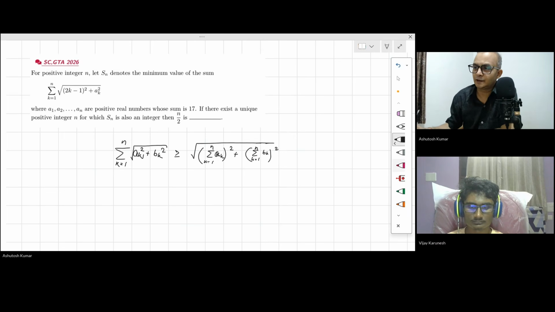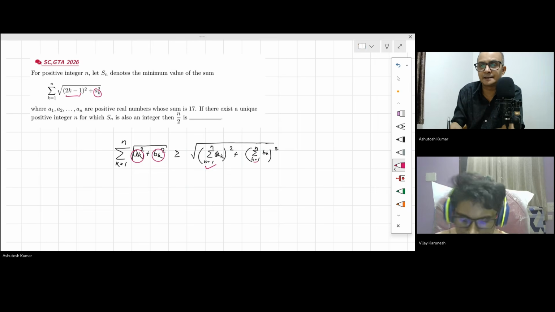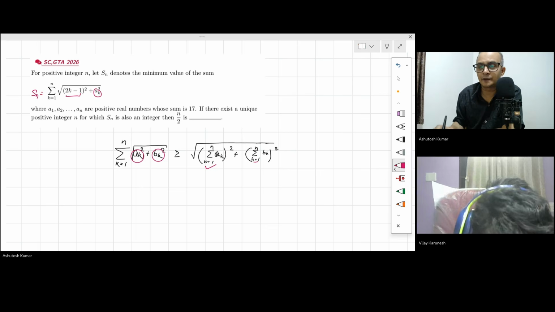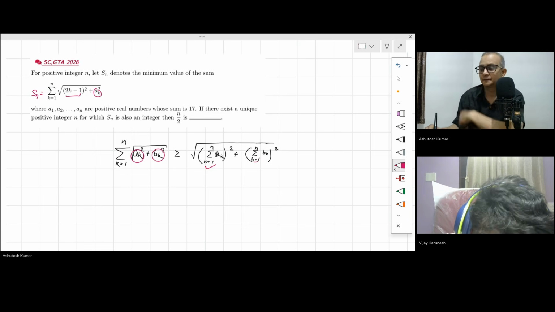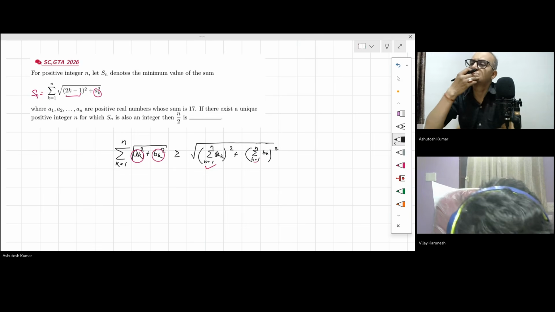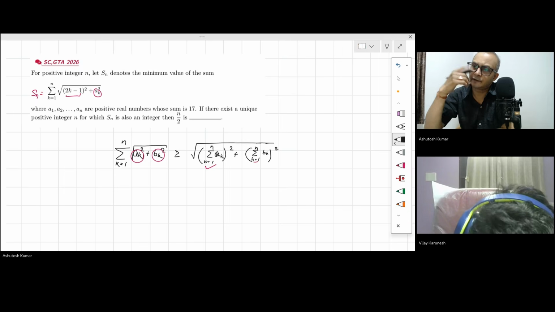Okay, so can you try this by using what I'm suggesting, that this 2k minus 1 we can assume as a_k, and b_k is, I'm assuming, correct? Yes, sir. So what we do, simply find it out. So automatically we are finding the S_n. This is the S_n actually. And so automatically we are finding the minimum value of the S_n, isn't it? Yes, sir. How can we think if we don't know the inequality? Let's try. Then actually I'm thinking I will explain to you.